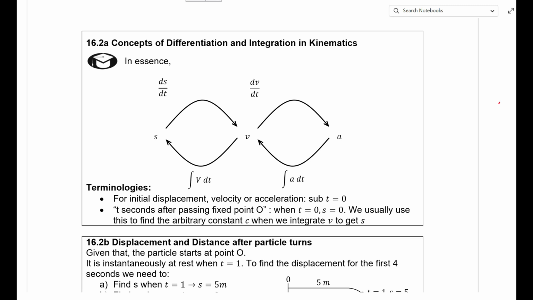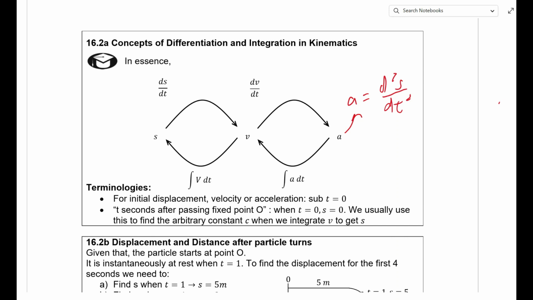Now we will incorporate concepts of differentiation and integration in kinematics. If you want to get velocity and you have your displacement, you will differentiate your displacement to get your velocity. So your v is equal to ds/dt. And then you have your velocity, you want to get your acceleration. You will differentiate your velocity. So dv/dt will give you your a. This also means that your acceleration is equal to d²s/dt², meaning you differentiate your s, your displacement,